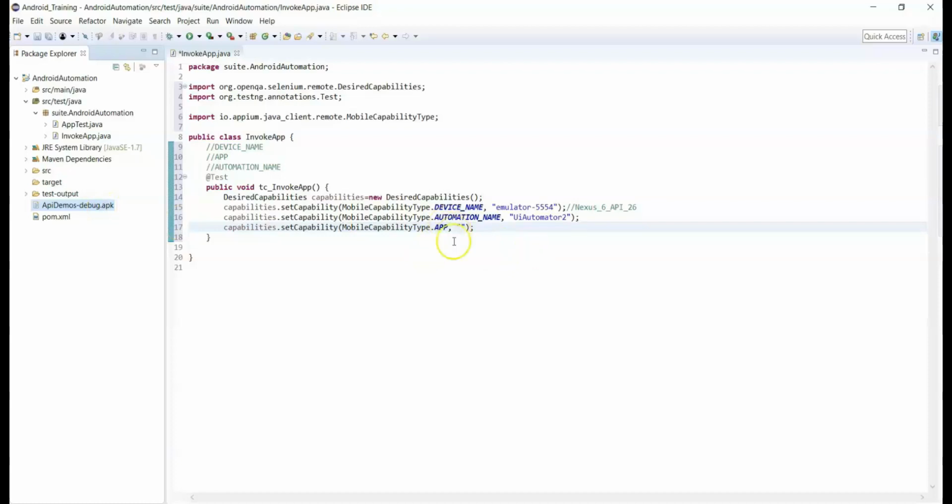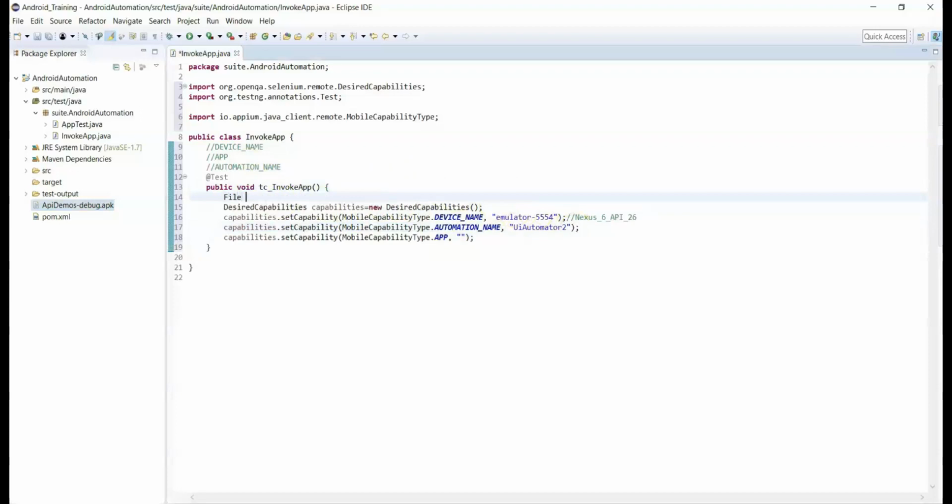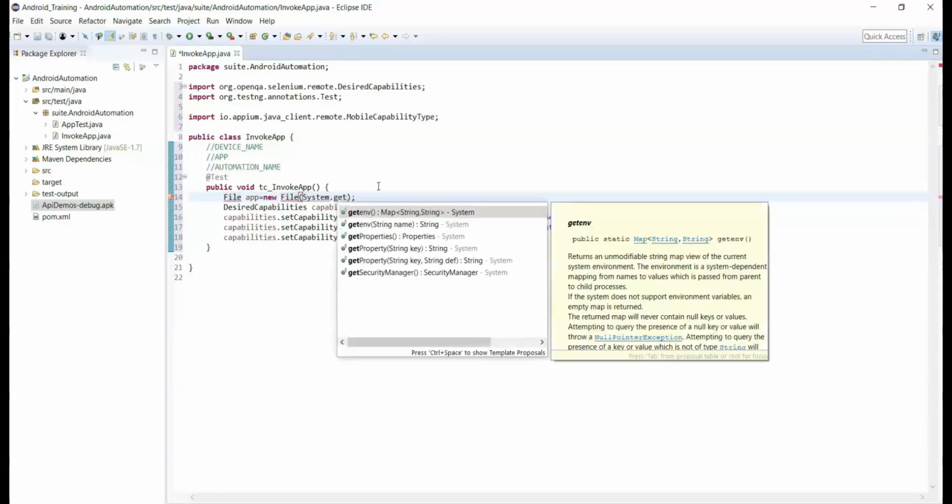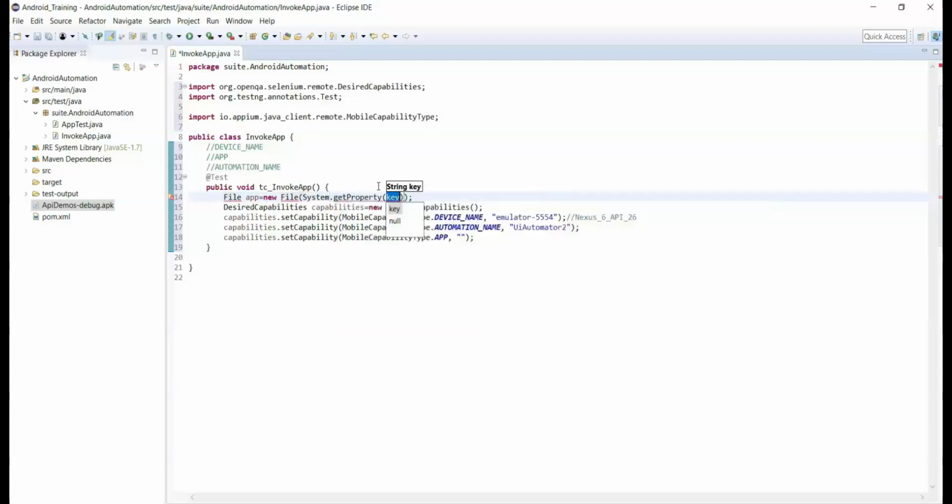Now by using file class, we can pass the path of that APK file. Let's see. For that, File app = new File, and here System.getProperty of user.dir. Basically System.getProperty of user.dir returns root path of project.